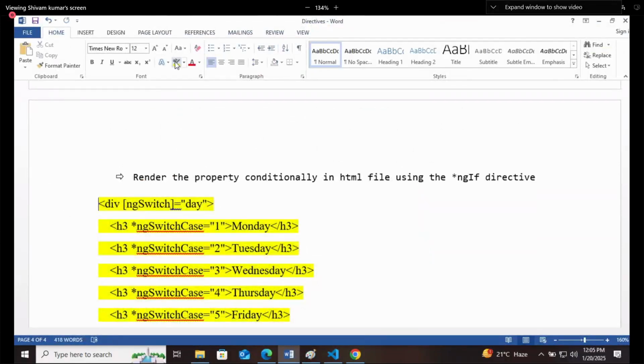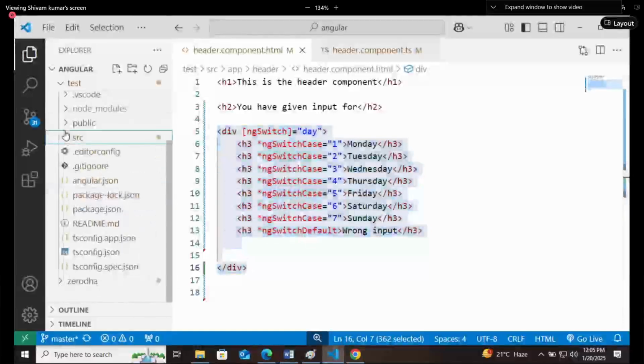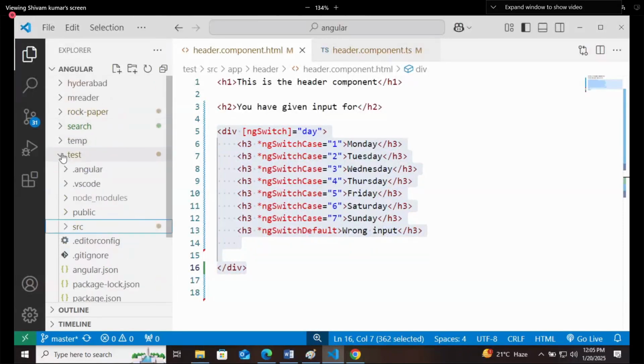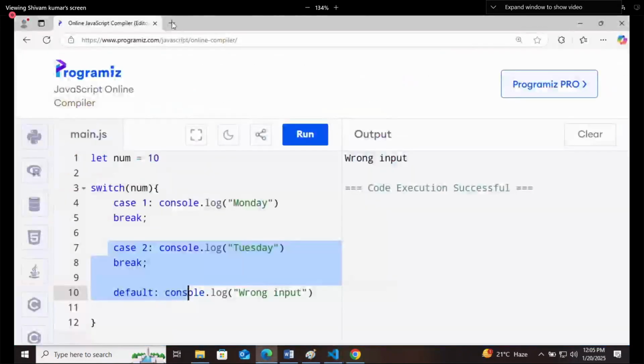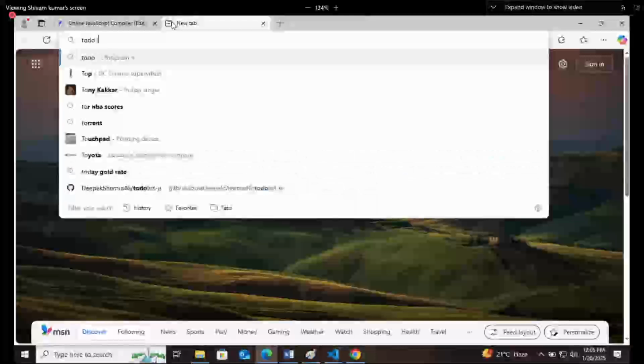No questions? Okay. Now we are going to work on a to-do list. I hope you are aware of the to-do list. Aware? To-do list. Okay, I will show you one example for that.